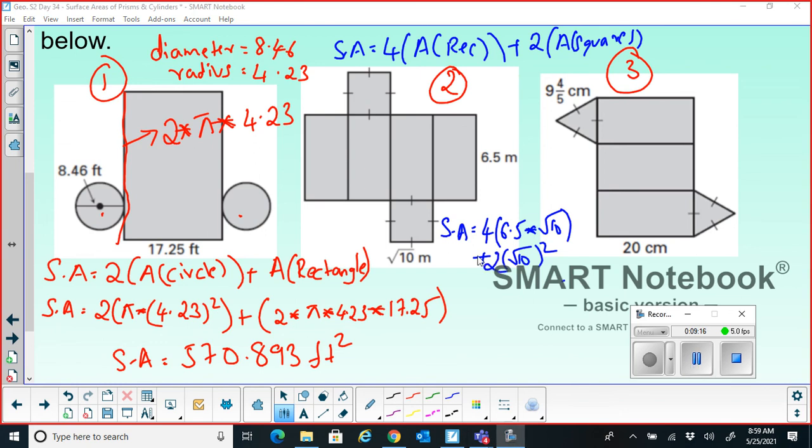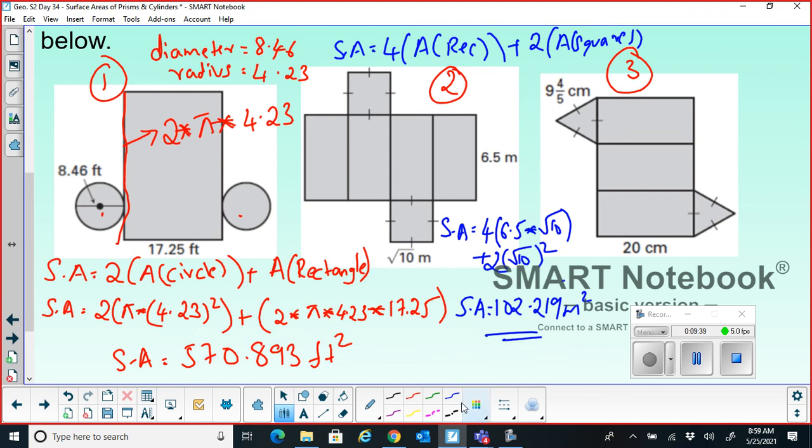So once we have simplified this in the calculator, as the majority of your friends had got, it is 122.219 and the unit is square meter. Okay, square meter. 4 times the area of rectangle and 2 times the area of square. Let's see the next one.